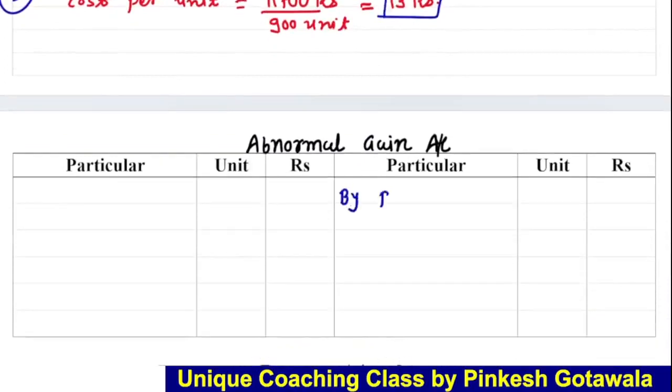By process account 20 unit at rupees 260. It's a first entry, so the first entry is very simple, easy. Okay, now what will be the second entry in this abnormal gain? So it will become the debit side and the entry will be